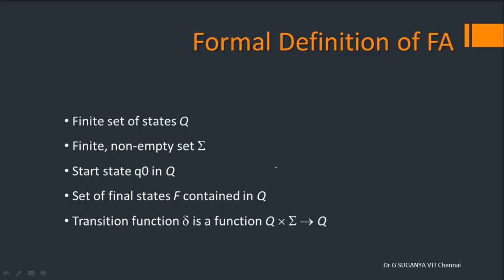So why is it written as Q cross sigma? We know that you can write like this: from Q0, when I type characters, where type is your input symbol, you can remain in the state Q0.